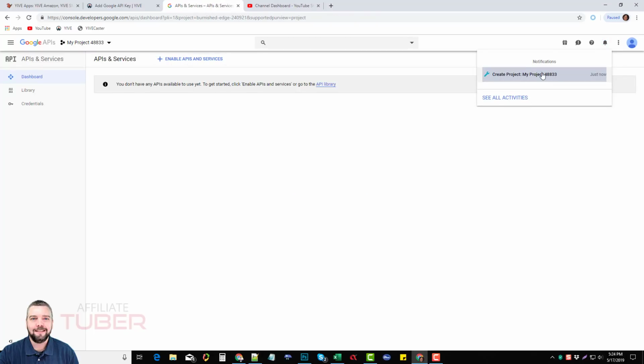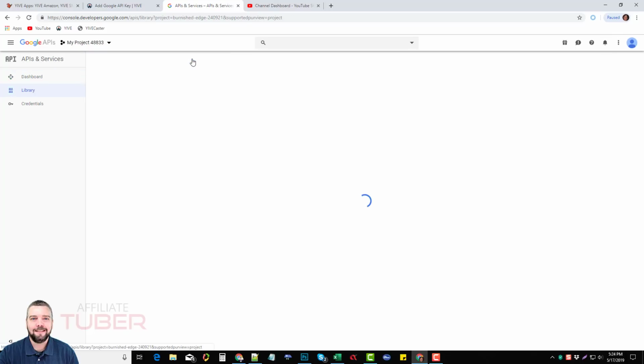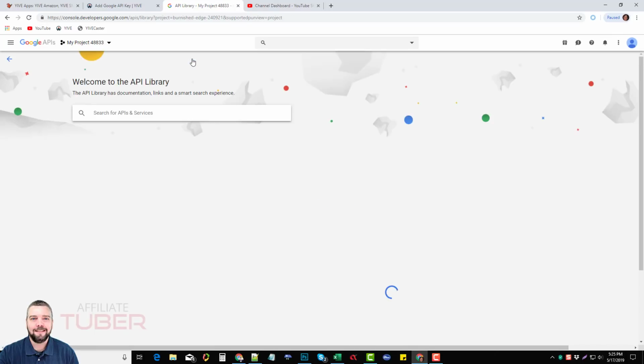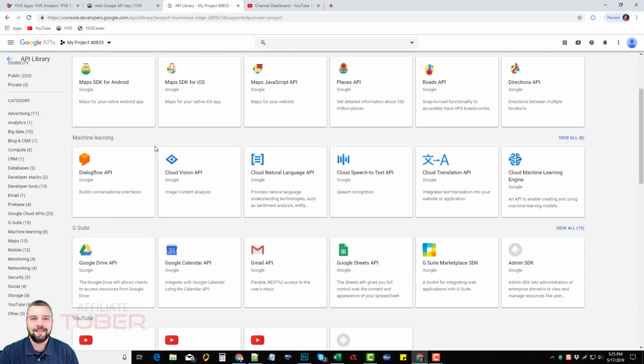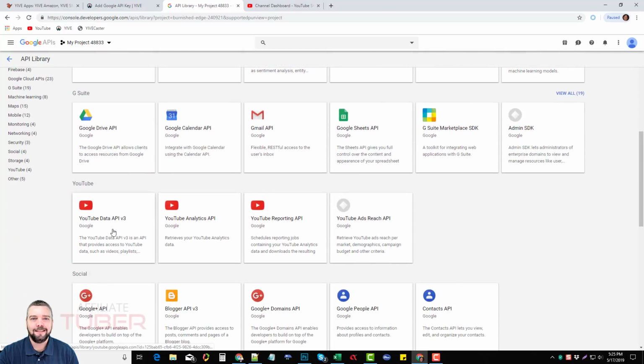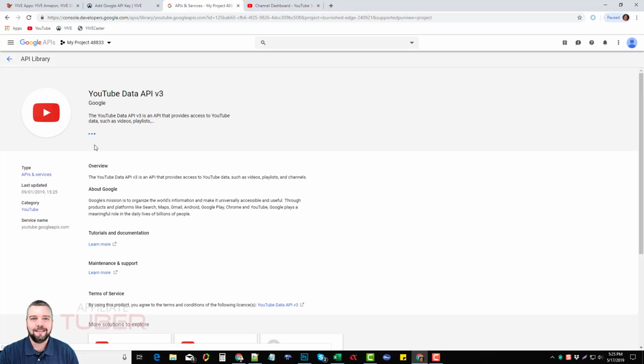Okay, so it's done creating the new project. You can see here it's selected. So the next thing we have to do is enable the Google or the YouTube API key. So we're going to click on Enable APIs and Services. And I know this may seem like a lot to begin with, but once you do a few of these, you can do this in just a matter of a couple minutes for each new YouTube channel you add to YIVE. You want to scroll down to YouTube Data API and click it,